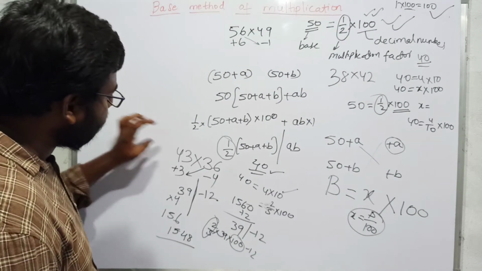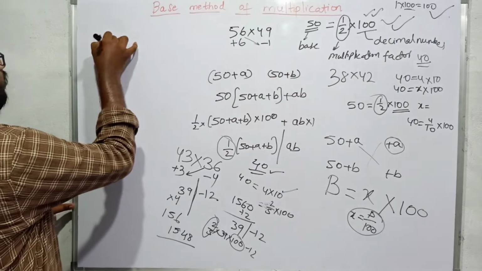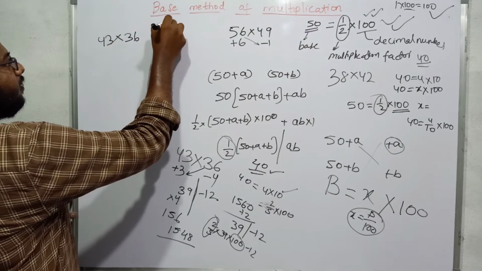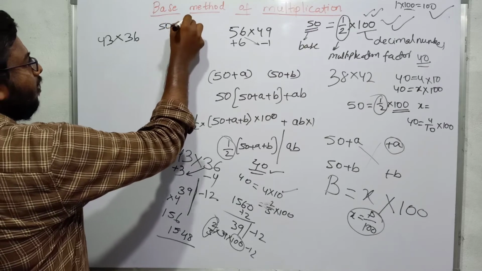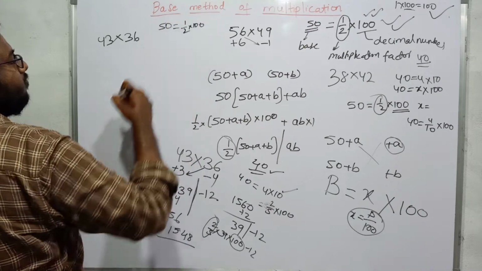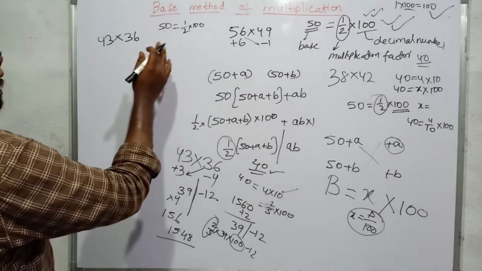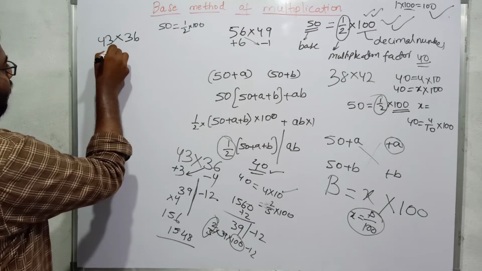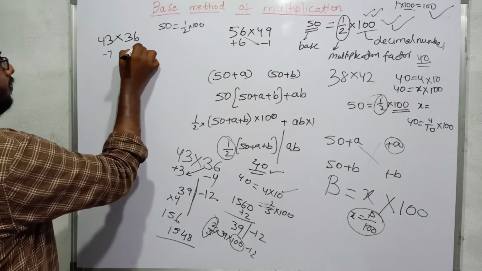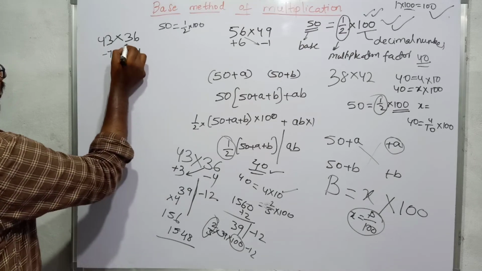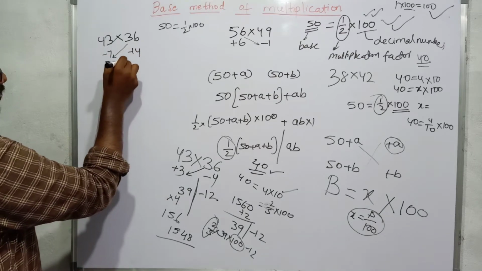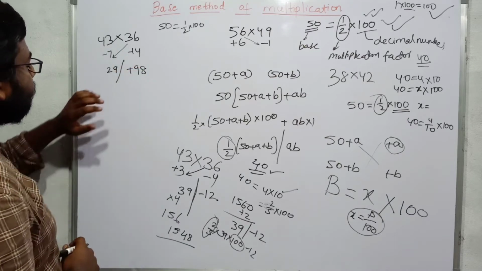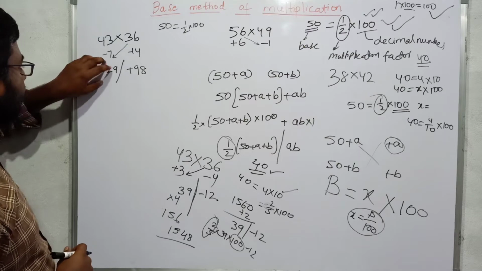Now let us see this on base 50 also. 43 into 36. If I calculate this on 50, you can calculate this as half into 100. If I operate this on base number 100, from 50, how far is 43? That is a minus 7 gap, and from 50, 36 is a minus 14 gap. So I will operate on the small number. This will be 29/14 sevens is plus 98. So before, you should not add this, you have to settle this first.